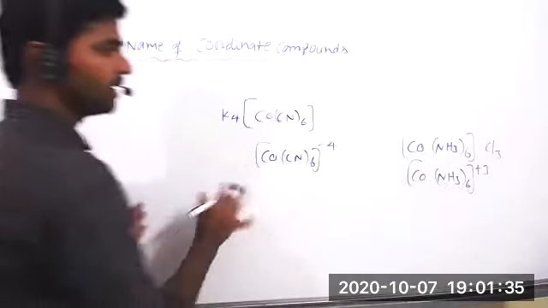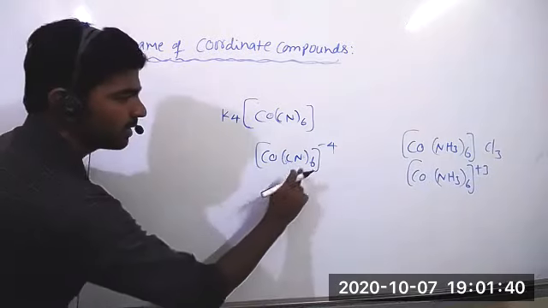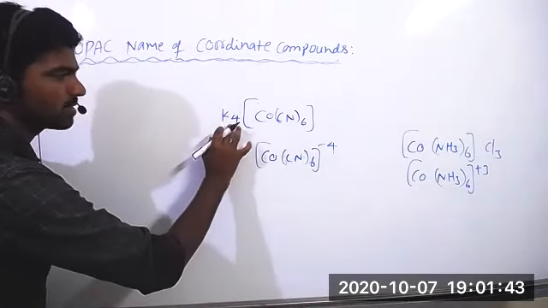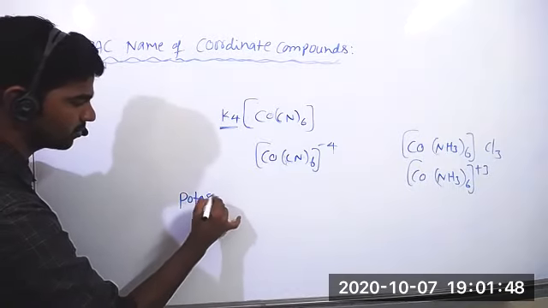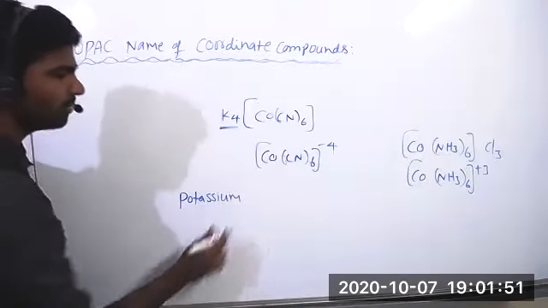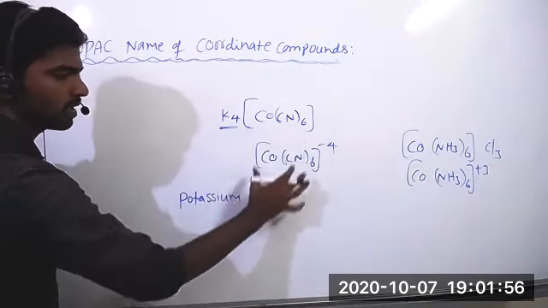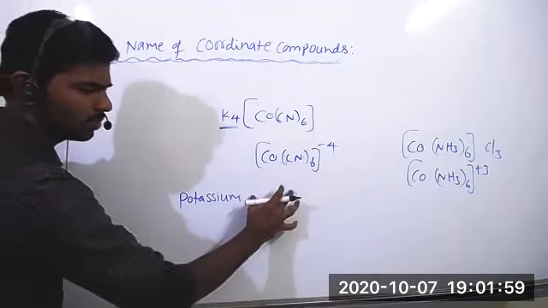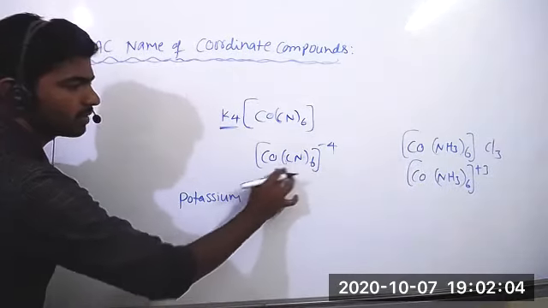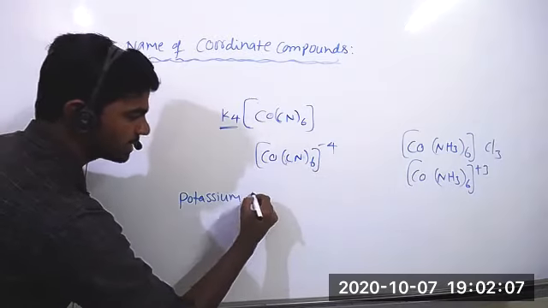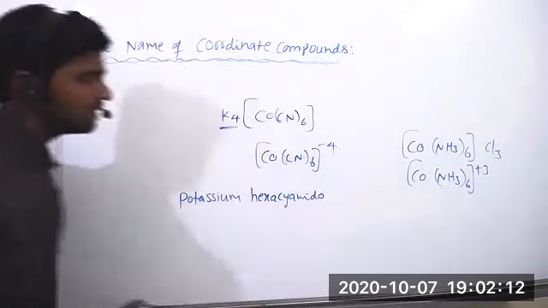So now see the difference. I'm writing the full name, with the metal name and oxidation number also. Here 6 ammonia, and potassium is also there. First we have to write the name of the positive part, potassium. Give a small gap. We maintain a gap only between the positive part and the negative part. While writing the ligand name and metal name, don't give any gap. Here 6 cyanides are there, so hexacyanido.